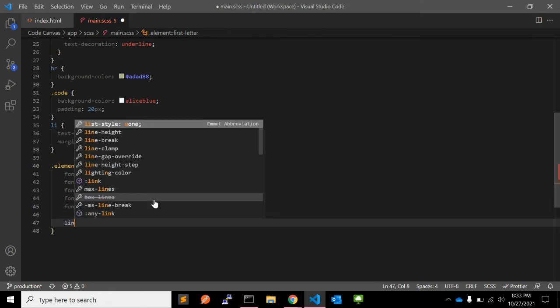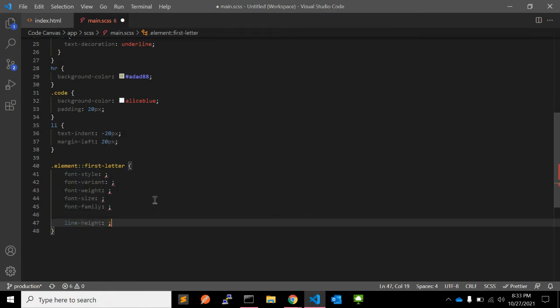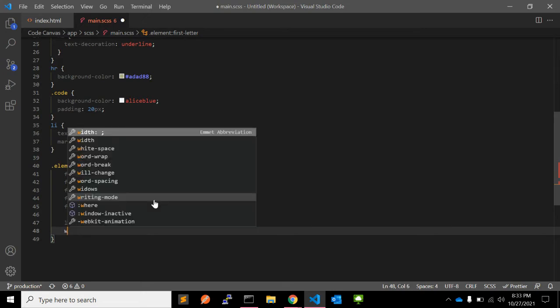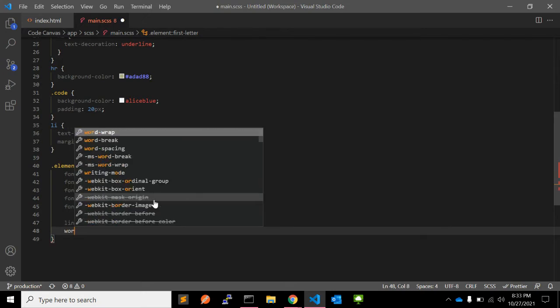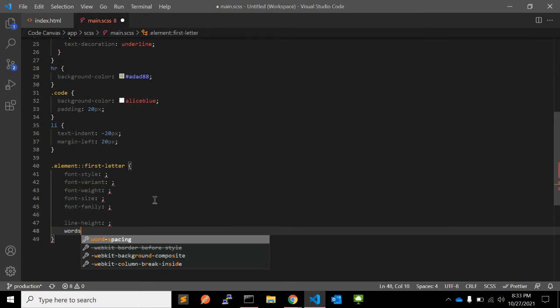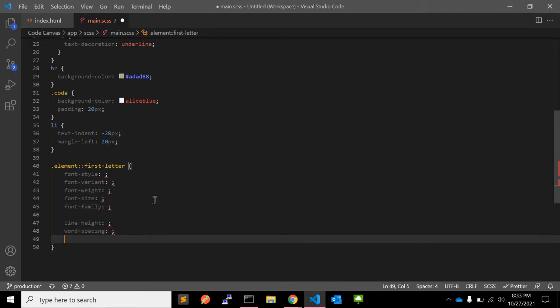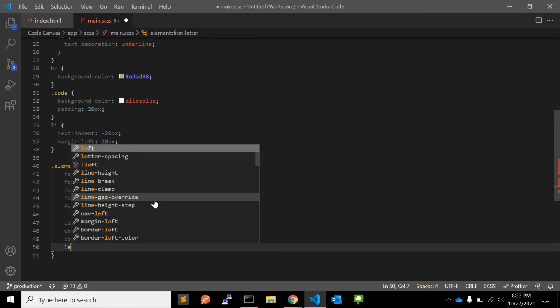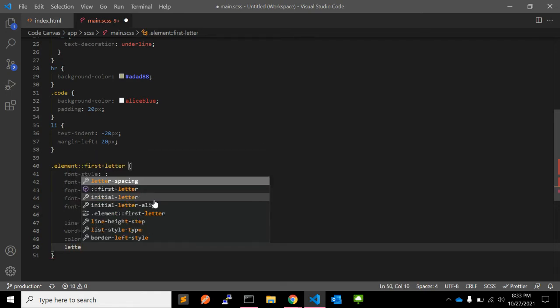The next ones are line height, word spacing, and color. You can certainly apply color on this pseudo element. The next one is letter spacing.